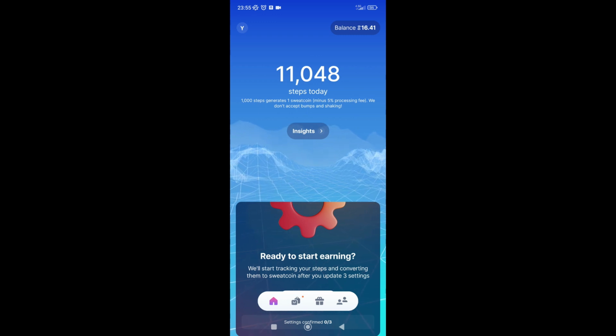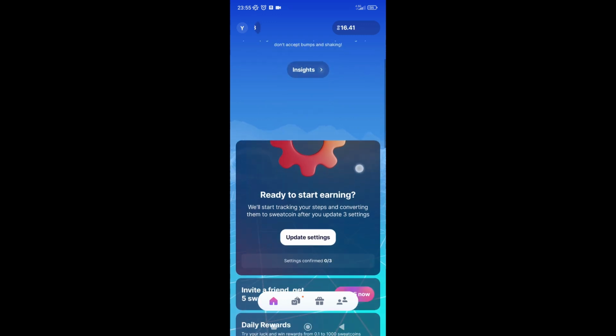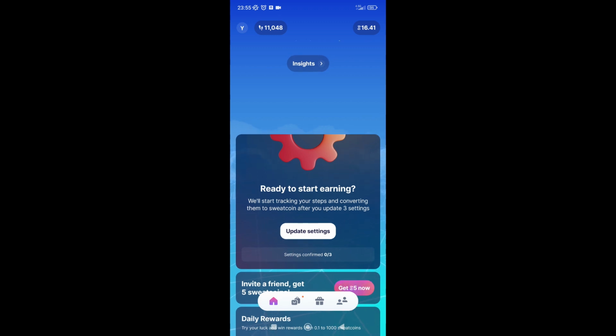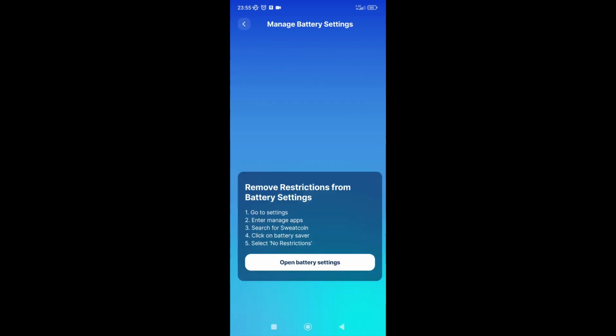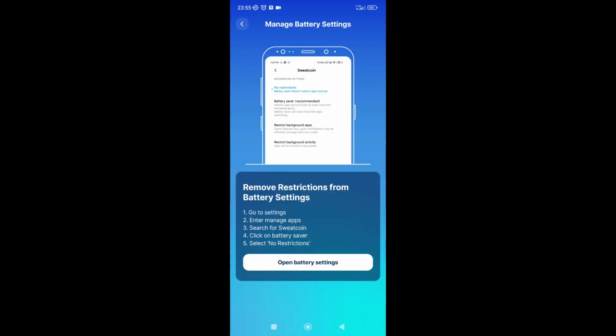So we're on the main page right now. We scroll down a bit and here we can see a box here that says you're ready to start earning. Here, to convert your steps into Sweatcoin, you need to update some settings here. For example, you can here, as you can see,